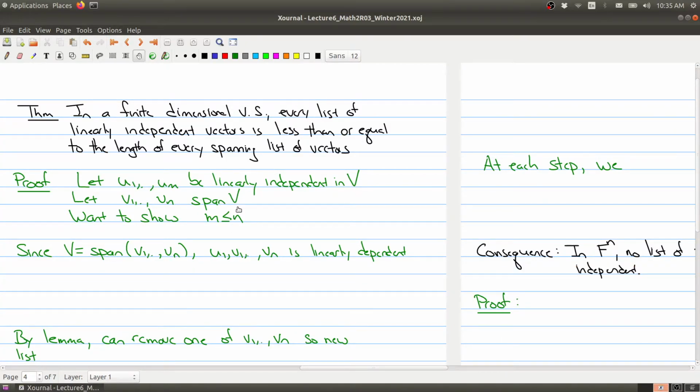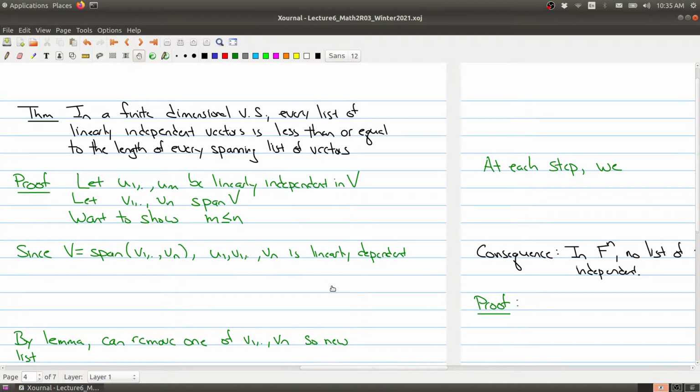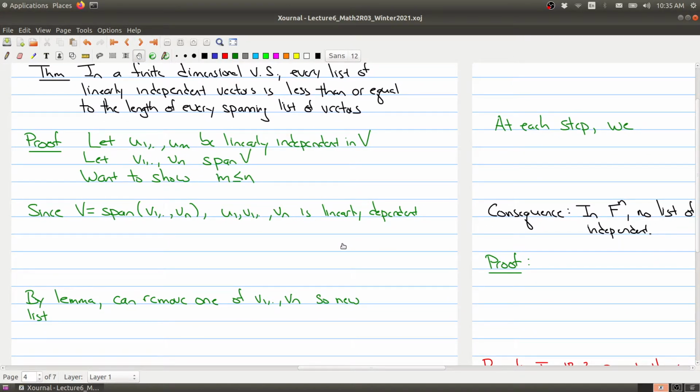Let me make some more room on the screen. Here we go, and we're going to work out all the details. First we start with the fact that v1 through vn span V. That's one of our hypotheses. Now take u1 and throw it to the front of your list, so you have u1, v1 to vn. You get that this is a linearly